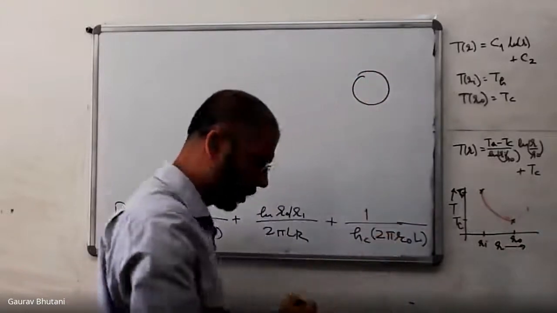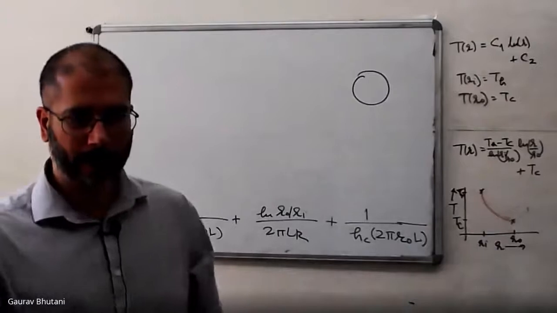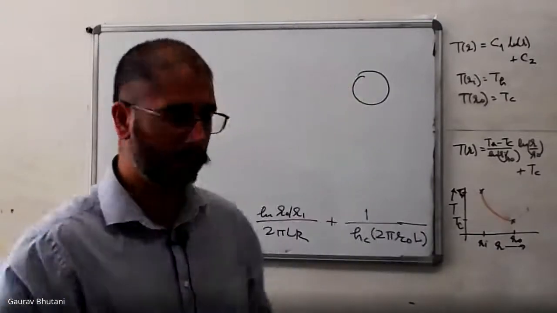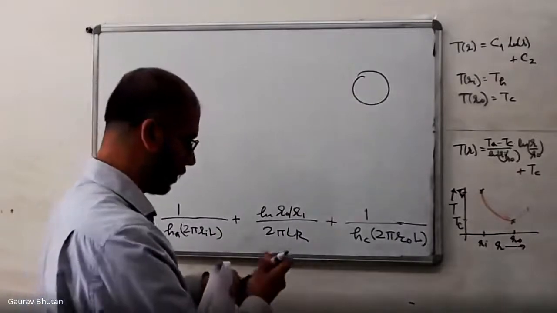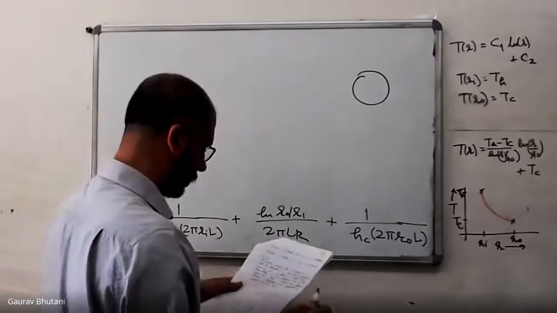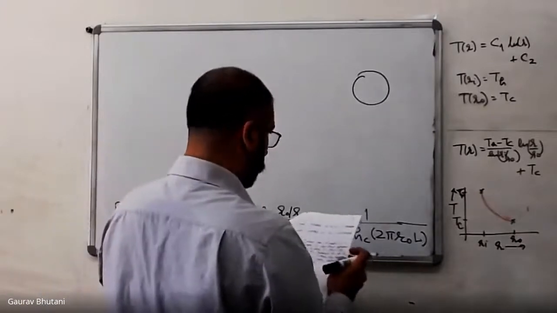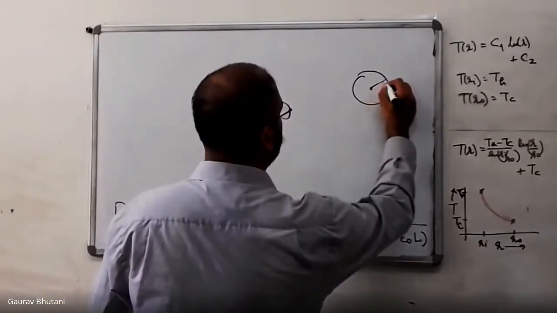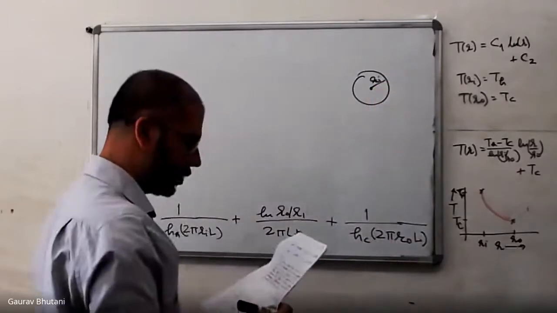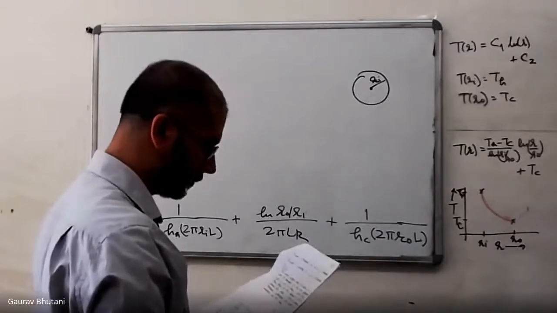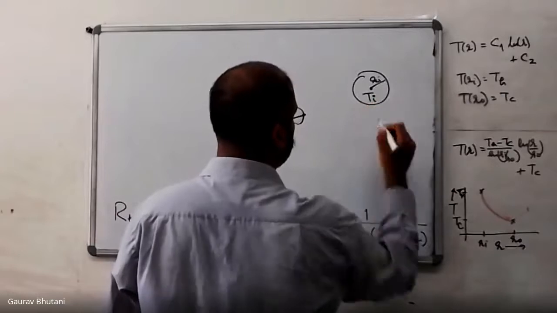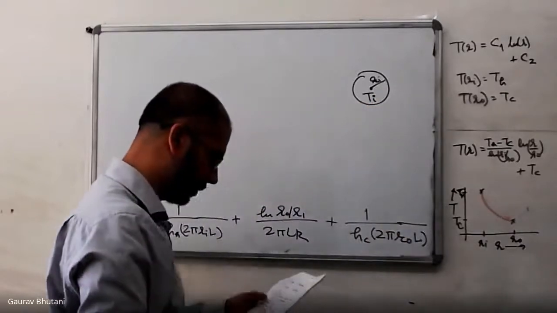So it's a thin-walled copper tube. Copper is highly thermally conductive, so we'll assume that whatever the fluid temperature is on the inside is the temperature on the surface of the copper tube as well. So there's no temperature variation inside the copper tube surface. Let's assume that. So you have a copper tube of radius Ri, and it has a low temperature refrigerant flowing through it, at temperature Ti.